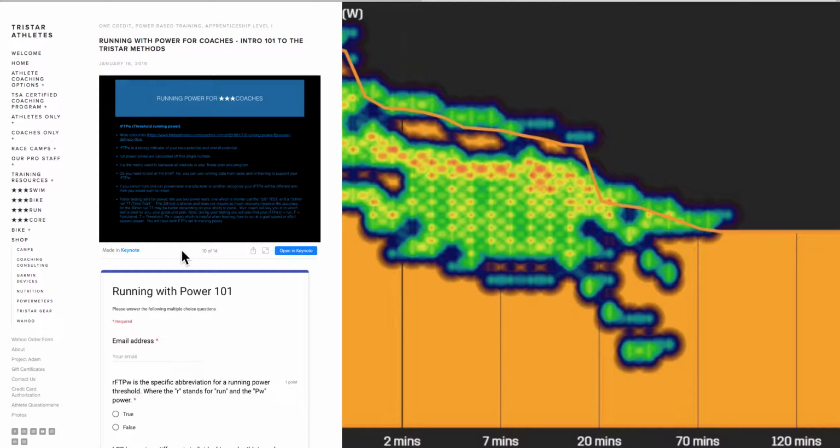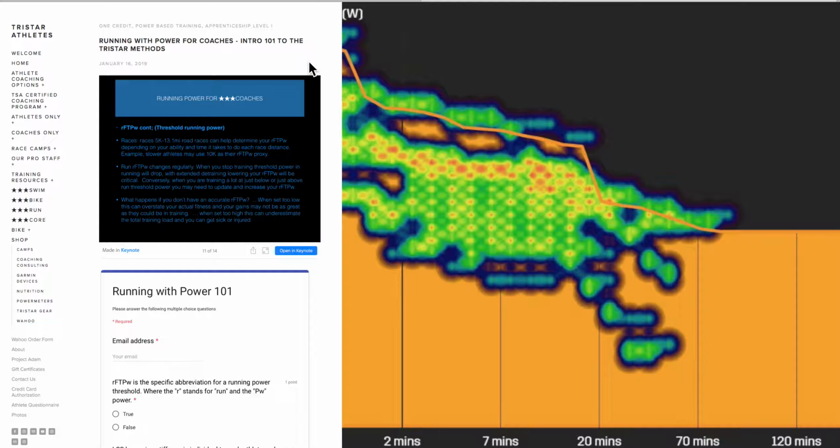The other reason to use the short 3 and 9 test is mainly the recovery time. You actually recover faster from the 3 and 9 test than you would the 30-minute run time trial, which for a lot of people is 5K to 10K territory. So I like to use both. It depends on what my athletes are training for. It depends on how tired they are, what block they're doing, and where they are in their training.